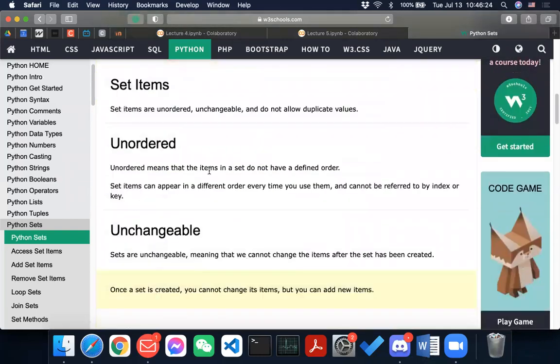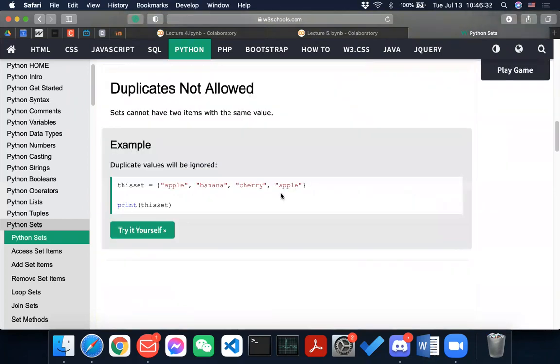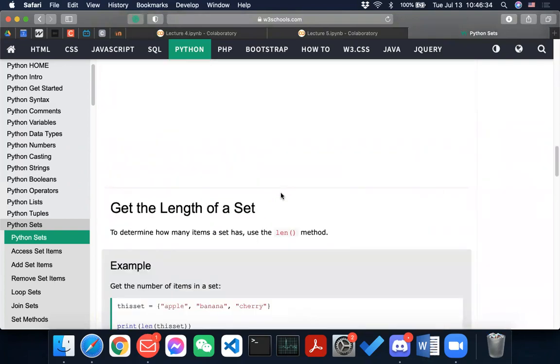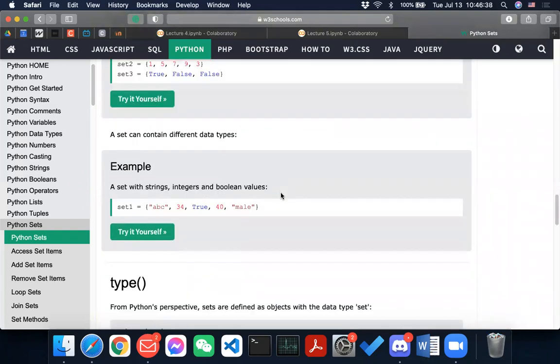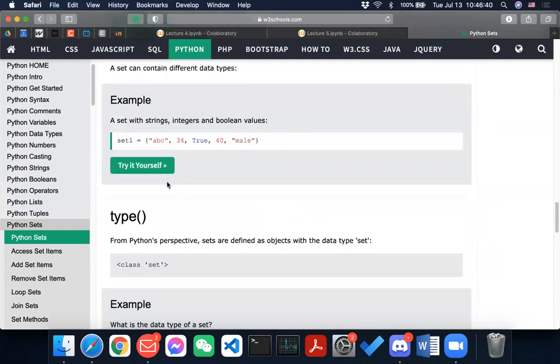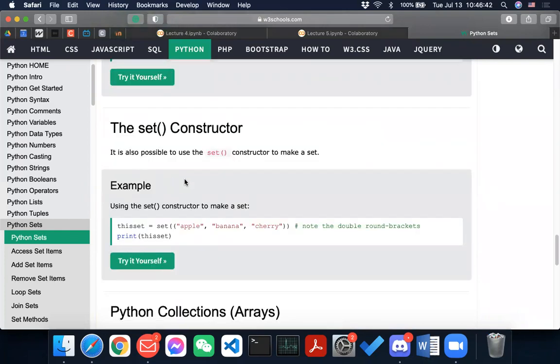It has the features that items are unordered, unchangeable, and do not allow duplicate values. Let me see how to actually build a set.